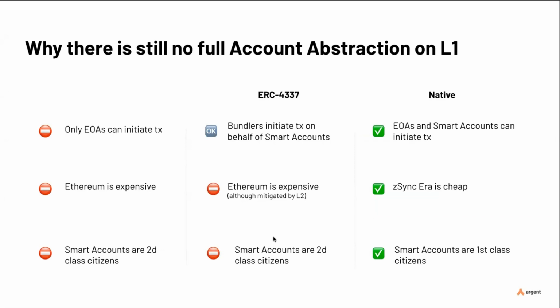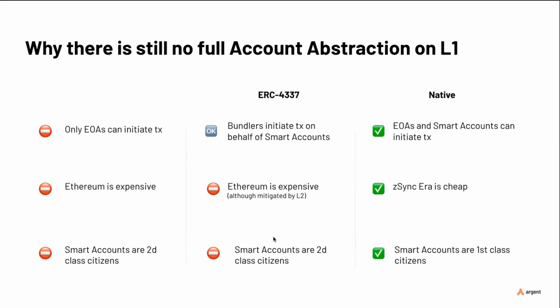The first one is that on Ethereum layer 1, only EOAs can initiate transactions, right? Because at the onset of the network, it was deemed that smart accounts would actually belong to smart contracts and not to end users. And so they would not be able to initiate transactions. The second reason is that Ethereum is, as you know, expensive. That's a problem. And that's even more so a problem when you use a smart account because of all the built-in logic. Transactions are even more expensive. So it's an issue now, and it makes it almost unusable in a bull market, I would say.